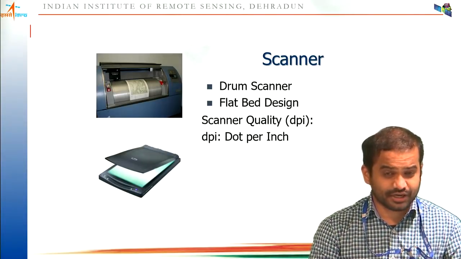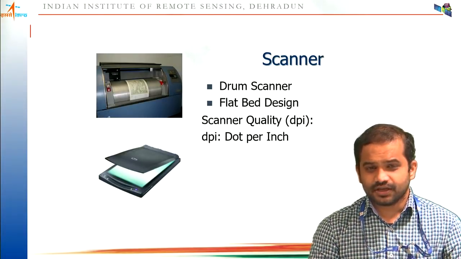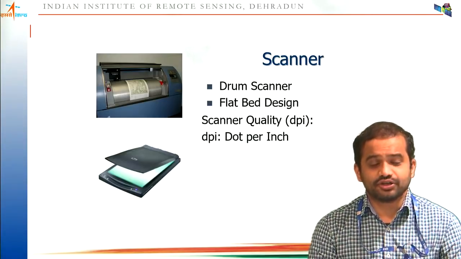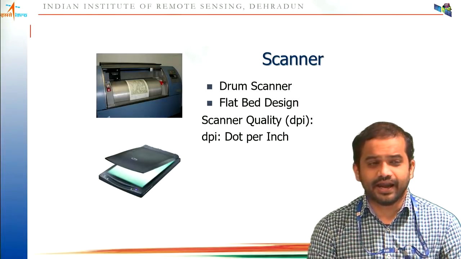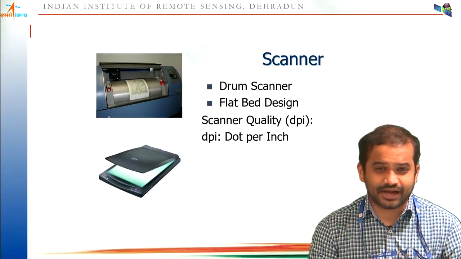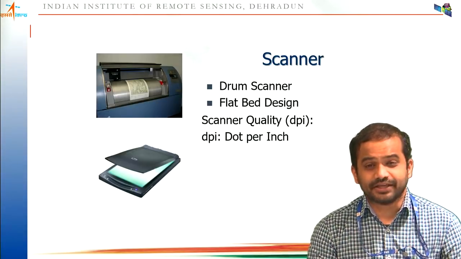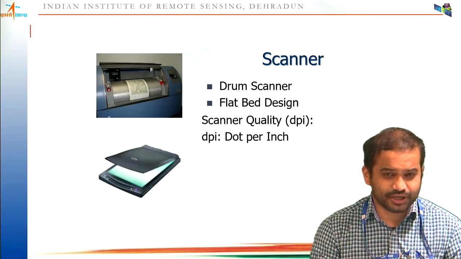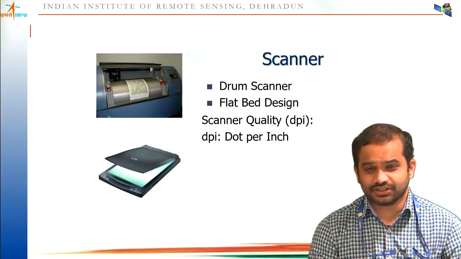So this is very important if you have legacy data which you want to convert to digital format. Similar to any input device, from mouse to keyboard, we should have some quality parameters for scanners, right? The quality parameter for scanners is generally DPI, dots per inch. This is similar to most display devices, also characterized by DPI. DPI just tells you how many dots there are per inch.